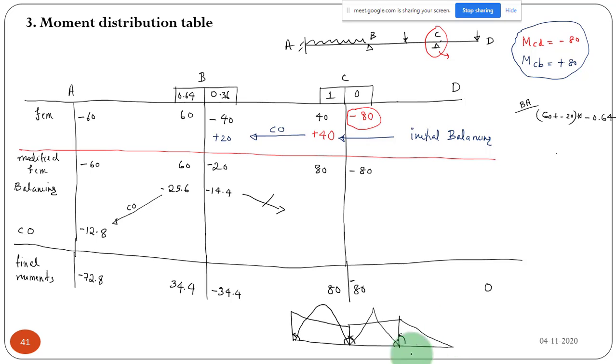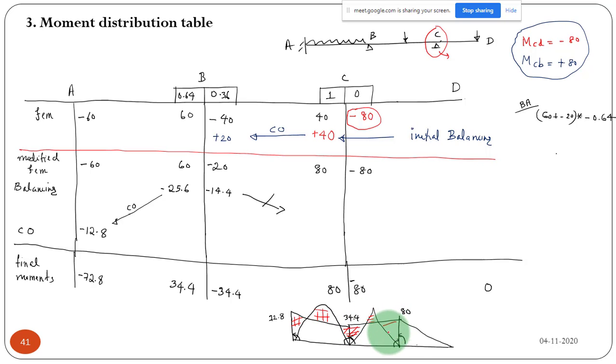For this span, the moment diagram will remain unchanged, that is also something you have to note down. Because for the overhanging span, the moment diagram depends only on this load. We have a point load at the free end, so this moment diagram will be linear. This is your moment diagram, and this value is 80, and this value is 34.4, and this value is 72.8, and we can get the values. I am not doing that. We can get this parabola, what is the peak value, and the final moment diagram will be this.